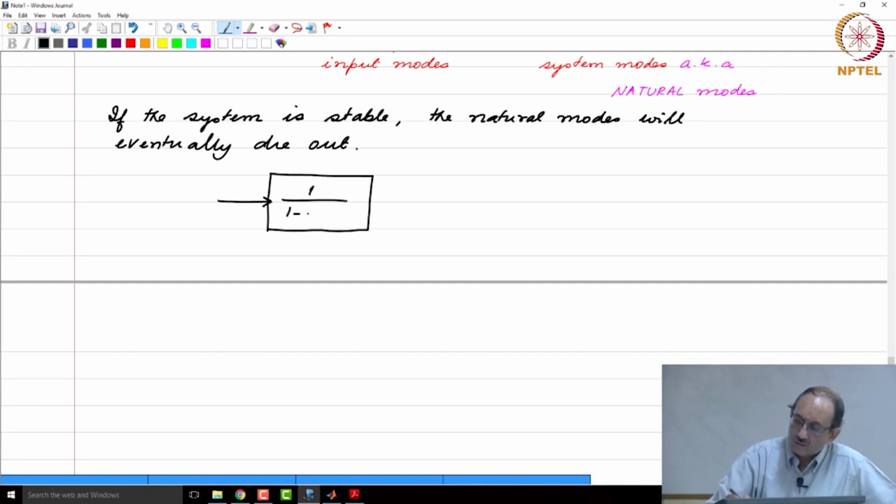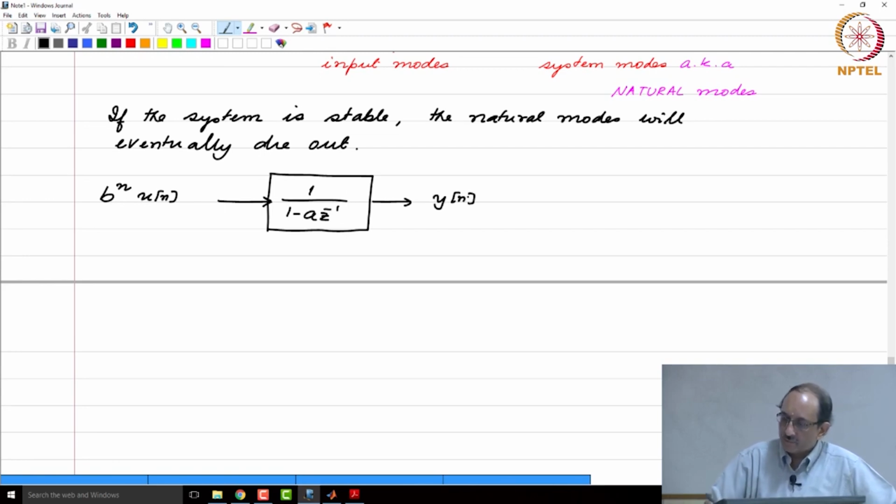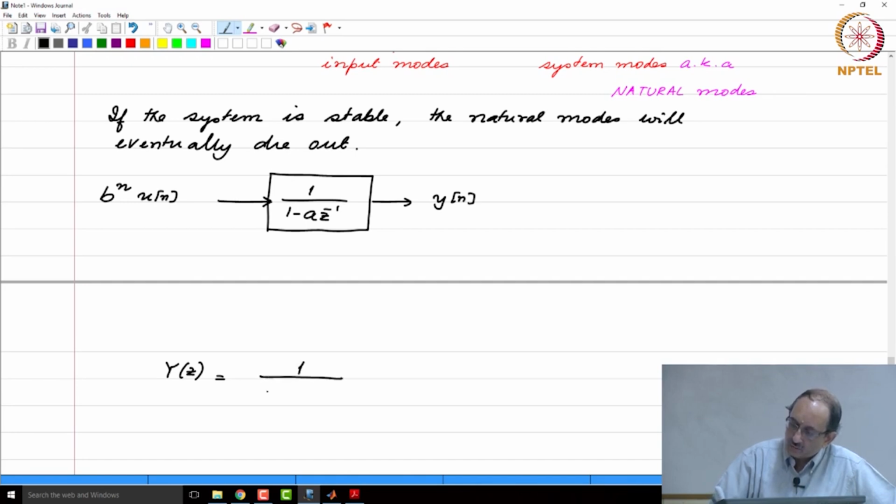So, we have 1 by 1 minus az inverse as the transfer function of the system, and then to this we apply b to the n u of n. So, now let us look at what the output is. Y of z is X of z times H of z, X of z is 1 by 1 minus bz inverse, times H of z is 1 by 1 minus az inverse,